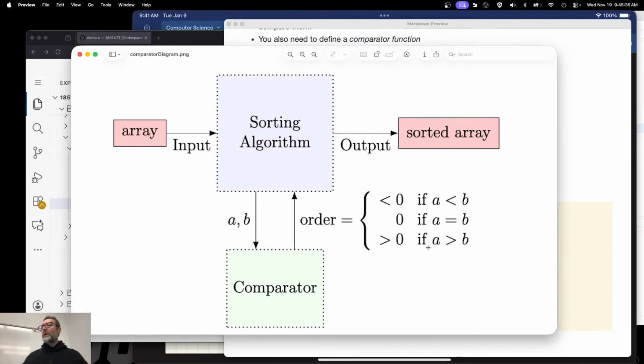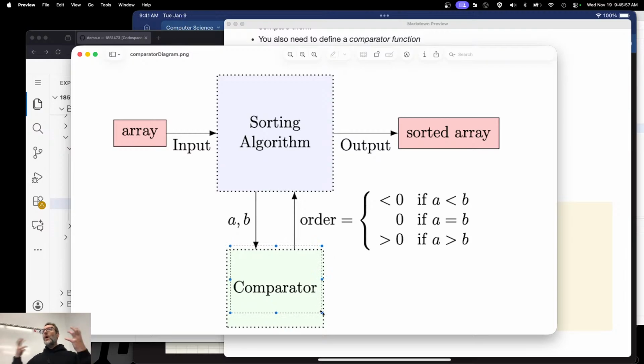All right. So the sorting algorithm just takes input, stuff. It doesn't know what it's receiving. It doesn't know that it's integers or doubles or characters or whatever, and it doesn't care. It knows how to sort things. These two things are out of order, swap them, right? But it doesn't know how to order them. That's where the comparator comes in.